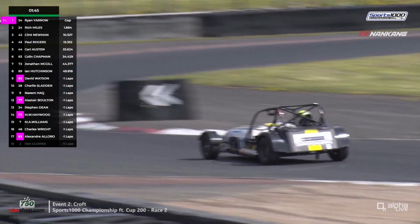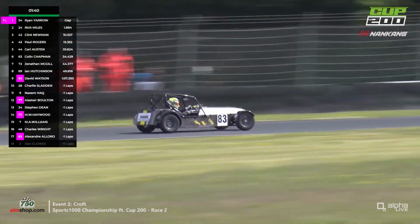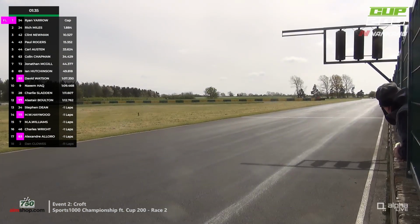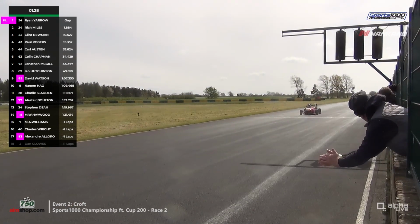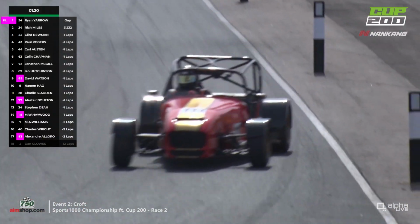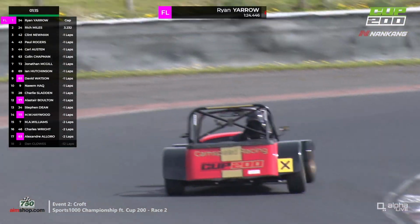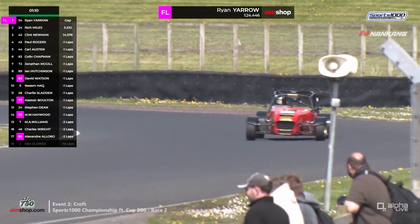This is the 83 machine of Alexander Aloro. The Aloro Competizione. He's 3rd amongst the Cup 200 runners, which unfortunately is last overall at the moment of the Cup 200 cars. 4th actually, of the Cup 200 cars, and last overall. But the Formula 2 and LMP2 race engineer in his 2nd year of car racing. He was driver of the day at Anglesey last year. As Mike Whiteman-Hayward is just going through there,